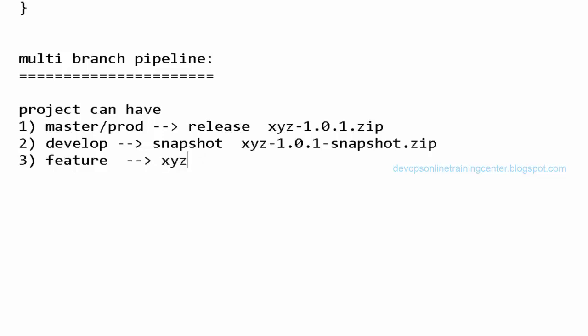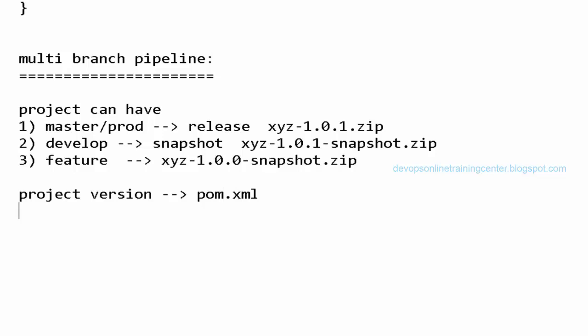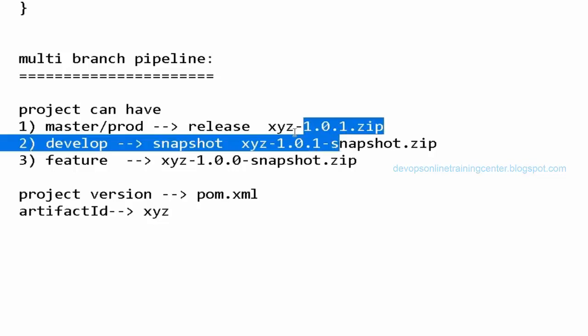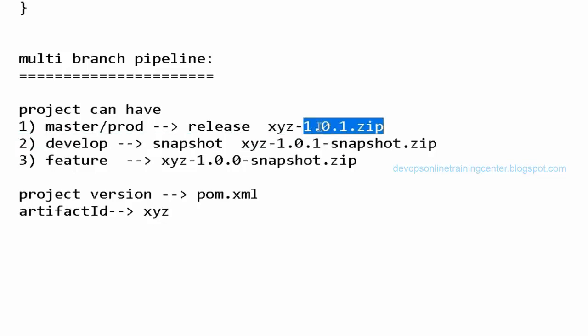From where do we get the version? This version will be in the pom.xml, right? And where do we get the XYZ? That is actually called artifact ID. XYZ is also present in the pom.xml. So based on the pom.xml, this zip file will be named, right?